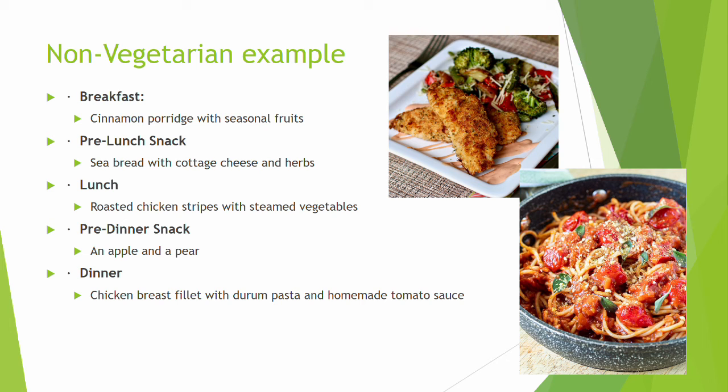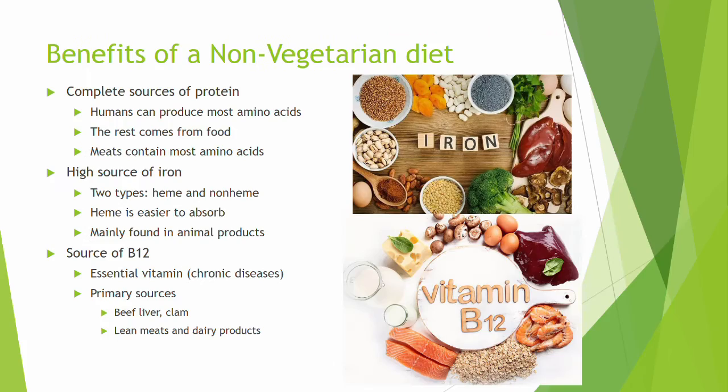For the example of a non-vegetarian diet, you can see that a breakfast can be cinnamon porridge with some seasonal fruits, the pre-lunch snack being sea bread with some cottage cheese and herbs, lunch being roasted chicken strips with steamed vegetables, the pre-dinner snack can be an apple and a pear, and dinner can be chicken breast fillet with durum pasta and homemade tomato sauce. But what are the benefits of a non-vegetarian diet? Well, first of all, meats are a good and complete source of proteins and are high in iron and vitamin